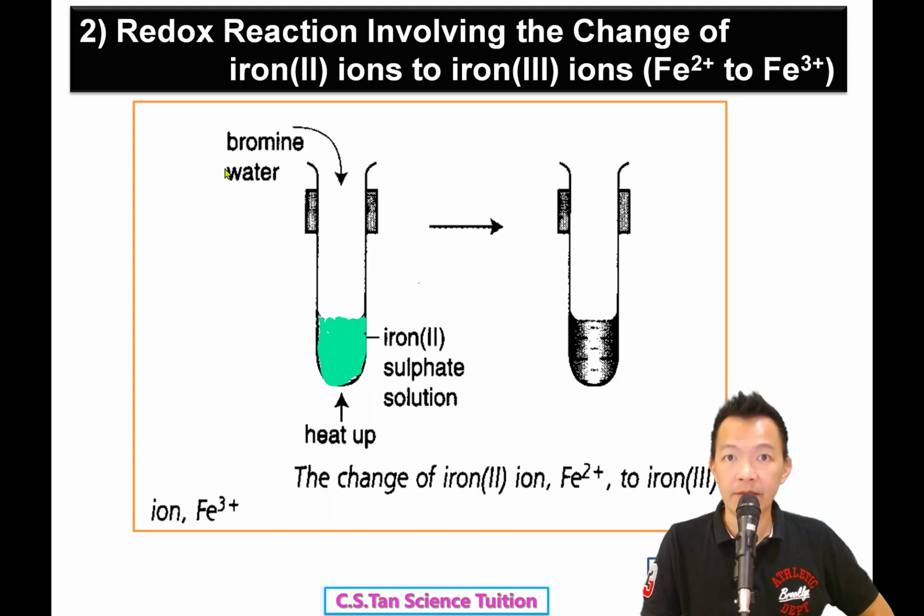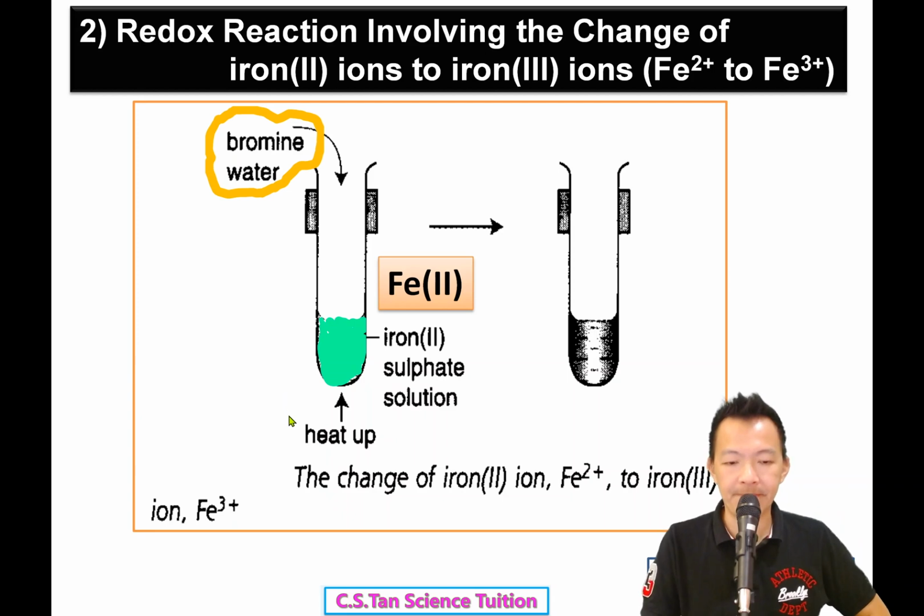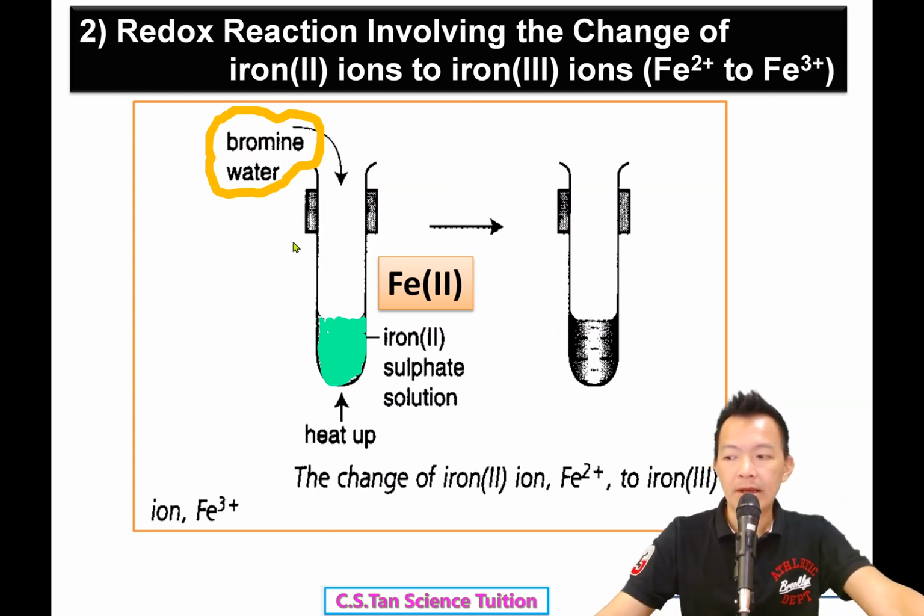Okay. And beside the iron 2 sulfate, I prepare the bromine water. So what is the color of the bromine water? Brown color. 可可色。Okay, brown color. So I add the bromine water into the iron 2 sulfate solution. What is going to happen? Okay, and I heat them together 啦，我烧它们一下。